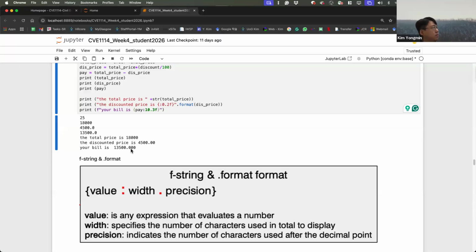You see, probably 10 means width. 1, 2, 3, 4, 5, 6, 7, 8, 9, 10. That's why you have some space. Now it's 0, so no more additional space.